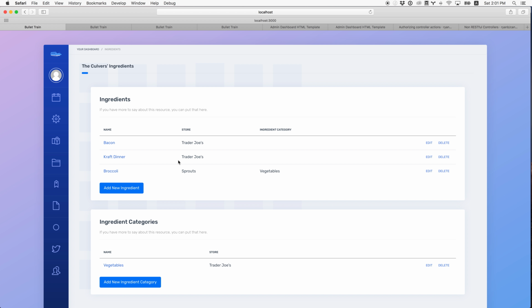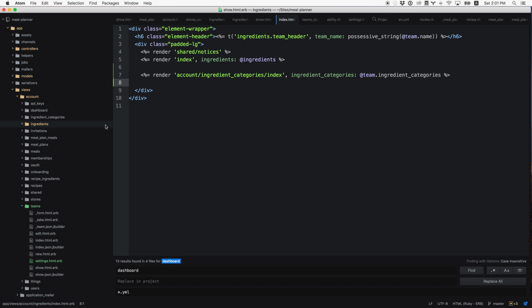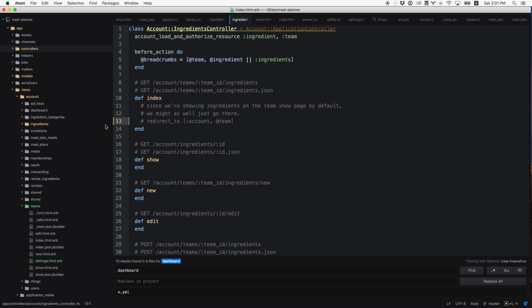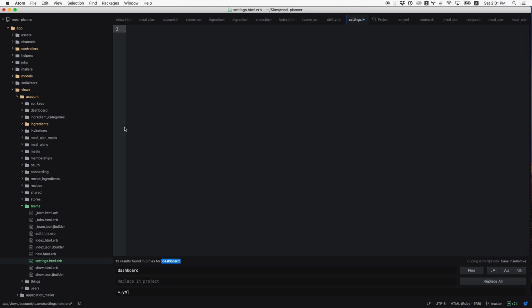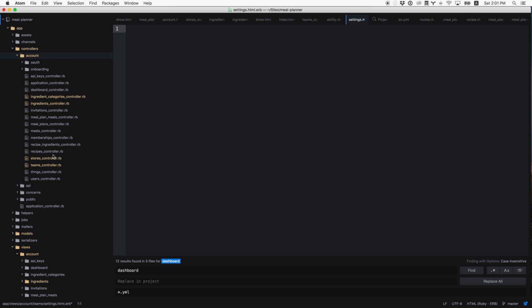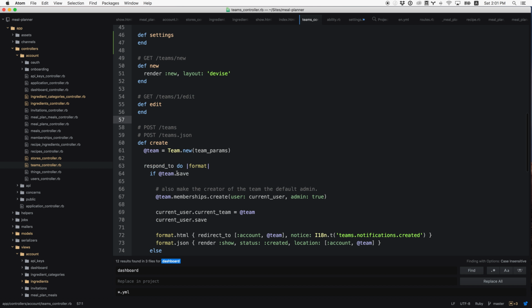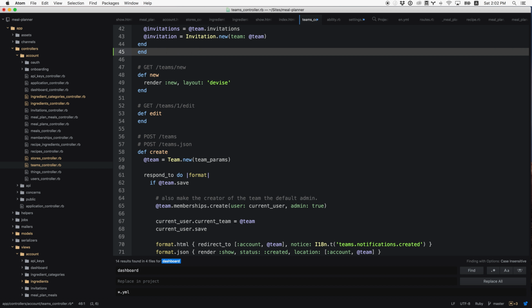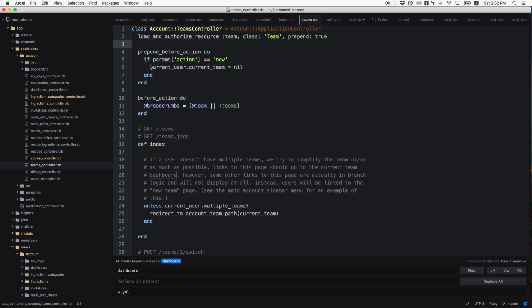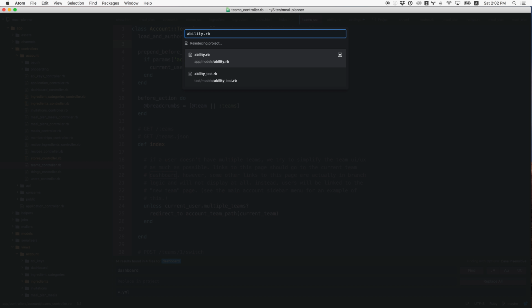Yep, there you go. So now you manage all of your ingredients in one place, and I can remove it from the settings. Now the settings page doesn't even have to exist because we have all of this stuff in one place. So I'm going to delete settings, and I'm going to get rid of the settings action on the Teams controller. Get rid of, and then in our abilities file,